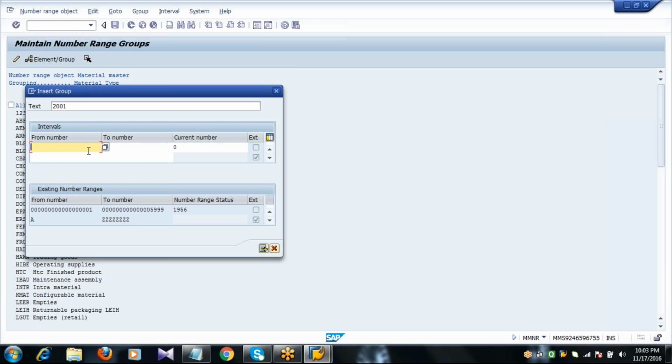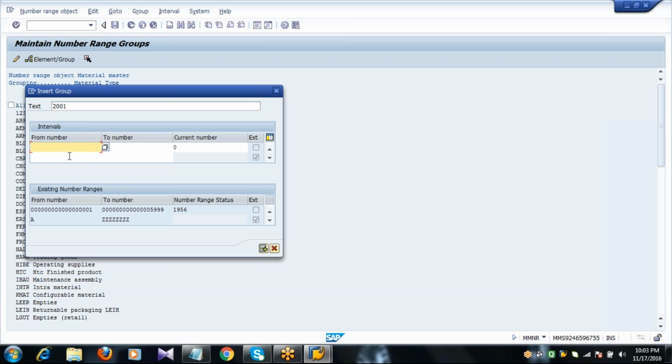Now here we need to define the number ranges. Yesterday we discussed these number ranges. The maximum number of digits allowed is 18, where it ranges from 1 to 18 digits of 9, and if you take in alphabets, it will start from A, B, C, D, etc. up to Z. Now here I cannot start with the number 1.